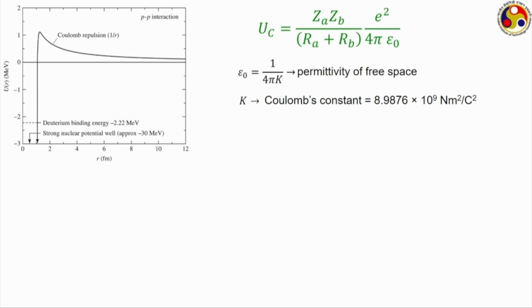And you can see the Coulomb repulsive force being inversely proportional to R square. As the center to center distance between the two protons decreases, this force continuously keeps on increasing till this particular instant. This is the instant where you can say that the nuclear force suddenly becomes dominant over the repulsive force, or you can also say that the protons have now entered the domain of nuclear force, and hence you will find a rapid reduction in the value of this U, which will allow successive proton-proton interaction.